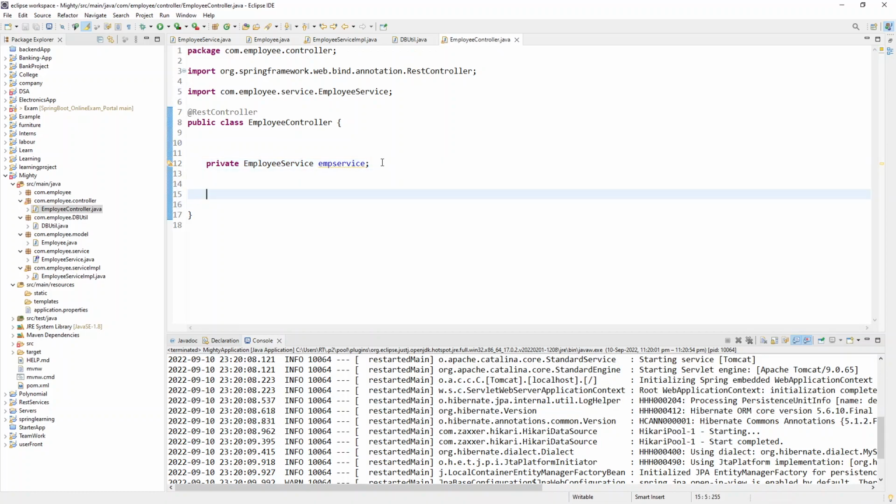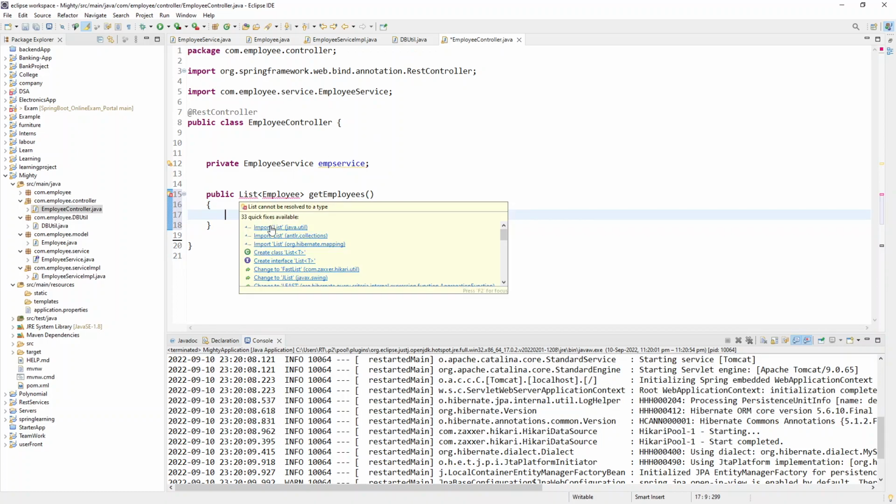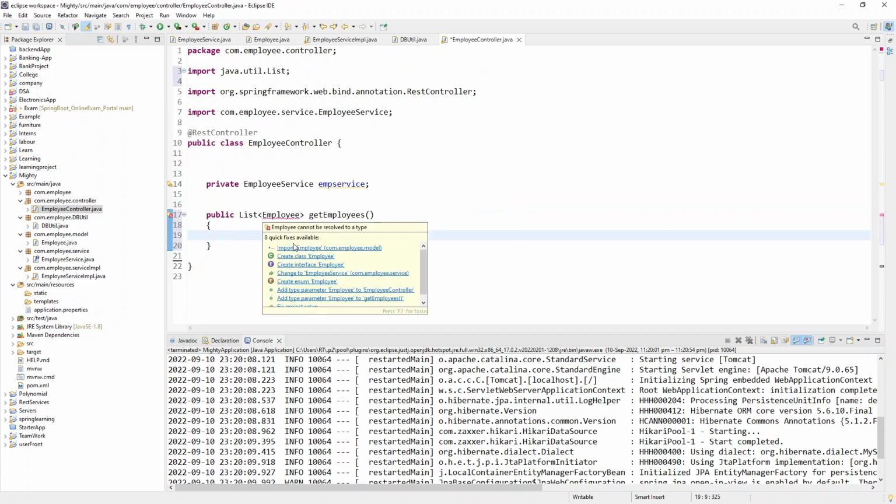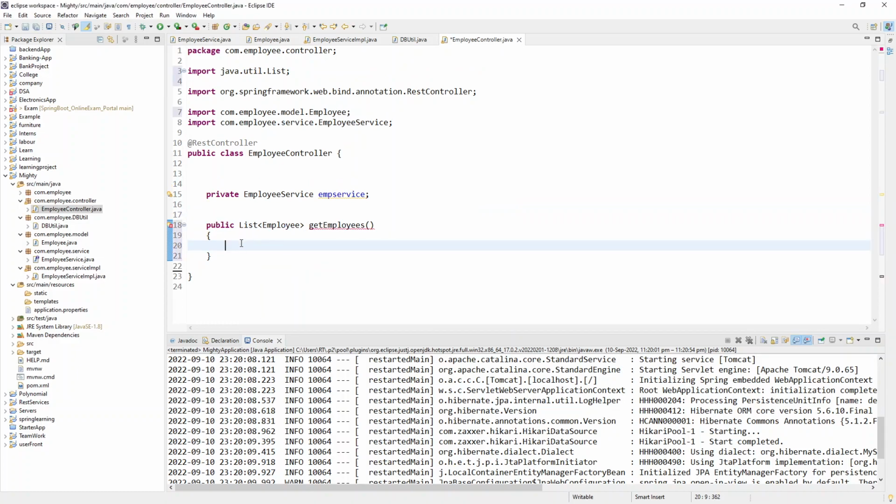Let's create an API. So public, okay, so this is going to return a list. So I'll mention return a list of type employee. Okay, let's say get employees. It's a method which I am giving. All right, so here let me import this list as well. First the list comes, so next the second one will be our employee, so I'll import employee as well. So now it's very simple. So return